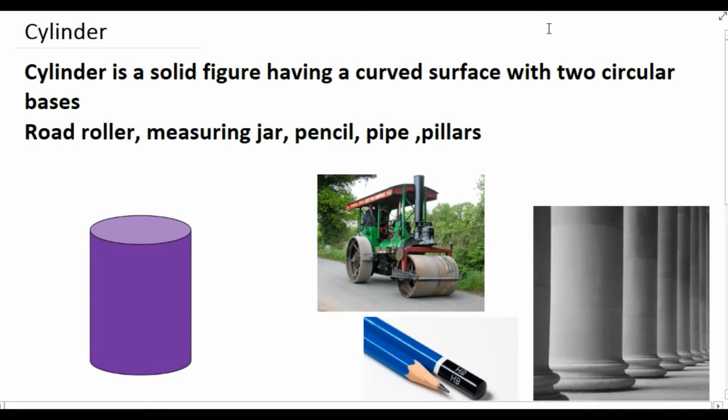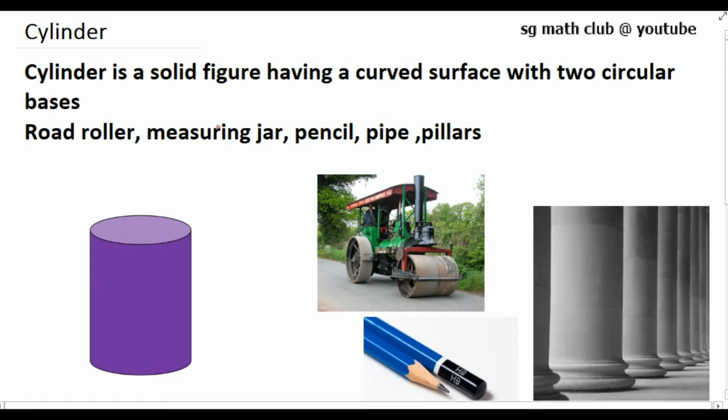In the last video, we have seen the surface area of cube and cuboid. So today we will study a new solid figure called a cylinder. We have seen that if you arrange a rectangular sheet of paper one above the other, we'll get a cuboid. In the same way, if we take a number of circular sheets of paper and arrange them one above the other, then we will get a cylinder. We'll get a shape similar to this, which is called a cylinder.